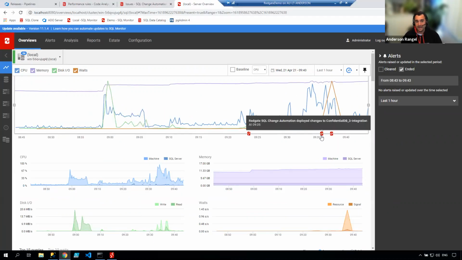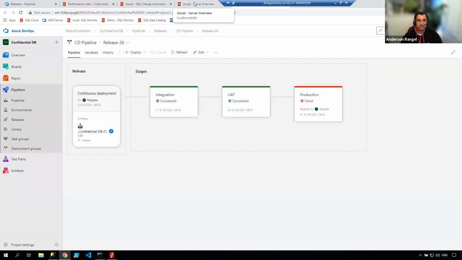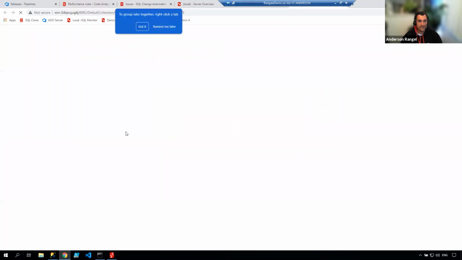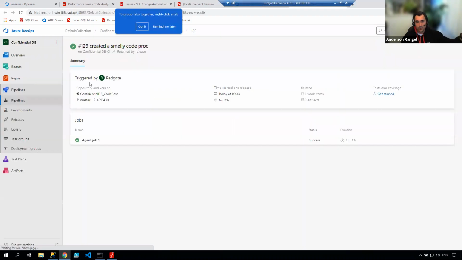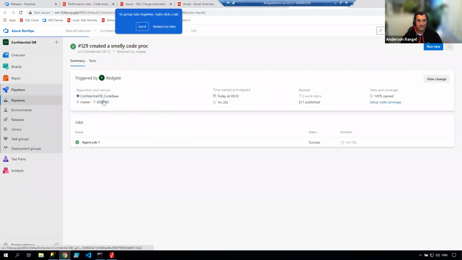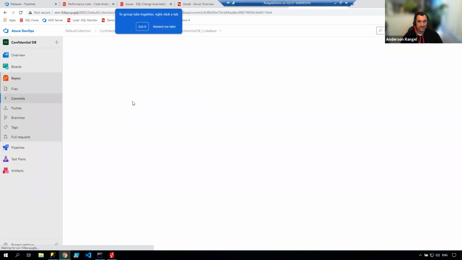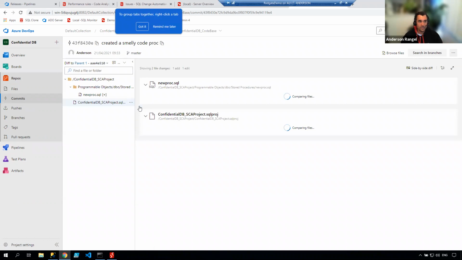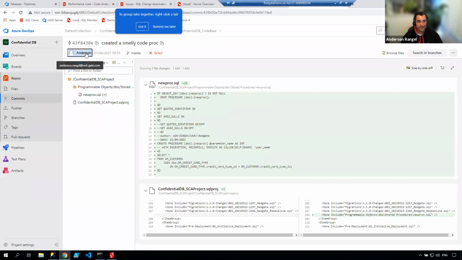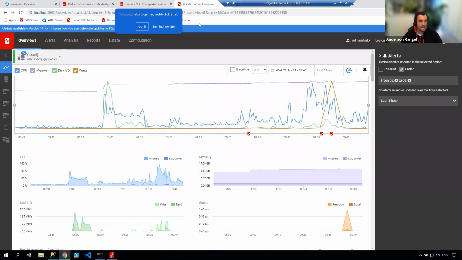I can even click on it and it will take me to the actual deployment where and when that was made. I can follow the breadcrumbs there, and I can go all the way back to who made the change and what that change is. So you can close that loop that way. Cool. But what I really wanted to show is that,